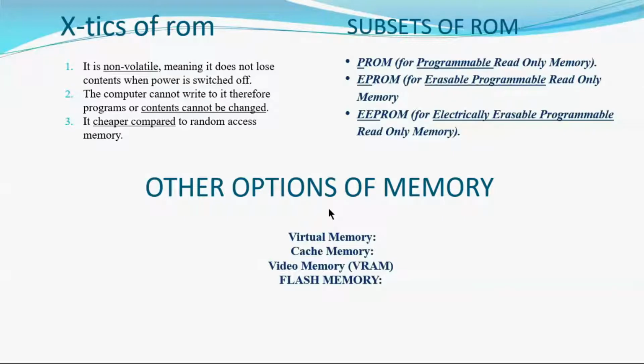So the size of this memory mainly depends on two factors: how fast the images appear and the number of colors available. Okay, if the images appear very fast, for example, when you open an image and it appears very fast without wasting much time on your computer, it means you have a very good video memory or VRAM. Okay, then if also the number of colors displayed are so many,